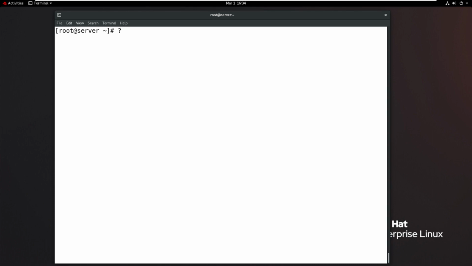But question mark means matching any single character. For example, ls with 4 question marks, so one character means one question mark. Now it lists files which are 4 character files. What are the 4 character files? Only Java. Okay, I want to find files with 5 question marks and then e. The first 5 characters can be whatever, but the 6th character should be e. One question mark, one character. But no files are matching.